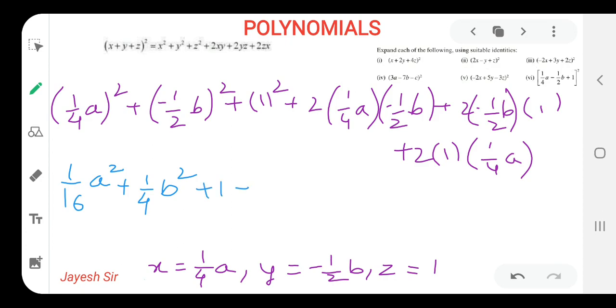Now 2 into 1 by 4. So one thing we can do over here, friends, is cancel this 2 and this 2. Yes, so the only thing that we are left with is minus 1 by 4ab. The minus sign came from here, so you don't have to forget that minus sign. Yes. Now a similar thing we can do over here, 2 and 2 get cancelled. So minus 1b into 1 would be minus 1b, or we can write it as minus b also. Now 2 into 1 into 1 by 4a. 2 and 4 can be cancelled, so over here 1 into 1 by 2a is left. So our answer would be 1 by 2a. I hope you all might be getting it, and that was the easiest sum, friends.